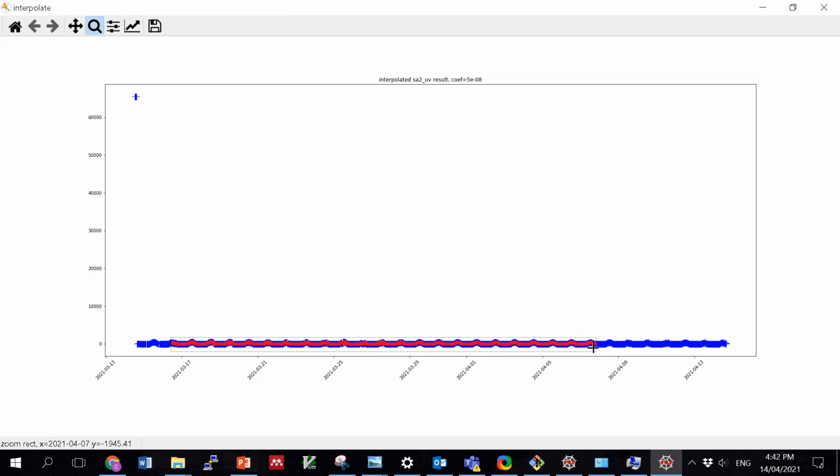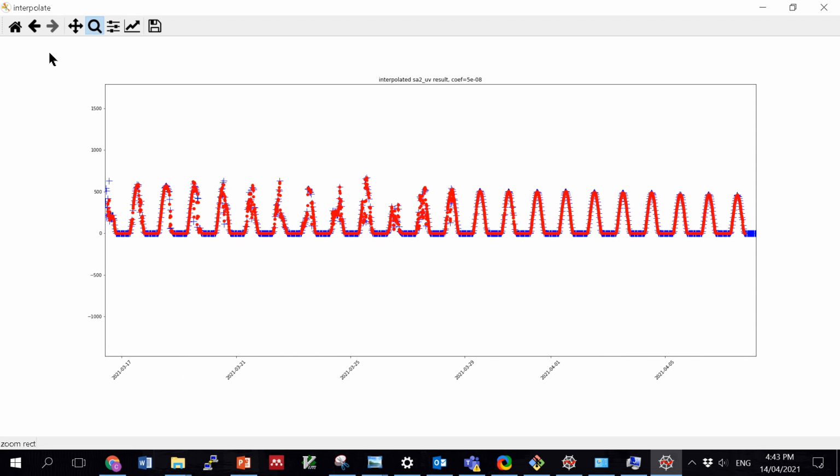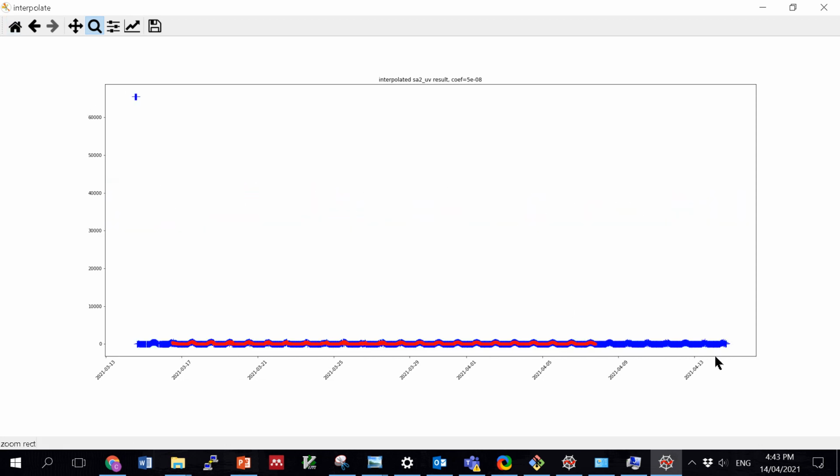So you can see that the blue dots are all the raw data, but the red dots are only in a small section of it. The reason is because I asked the interpolation to just do this area, not beyond that. So currently the system has already been running to April 14th, but my schedule only asks me to do up to, so if you look at the lower left of the